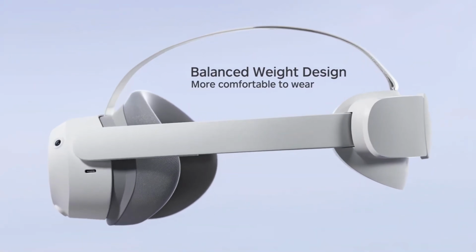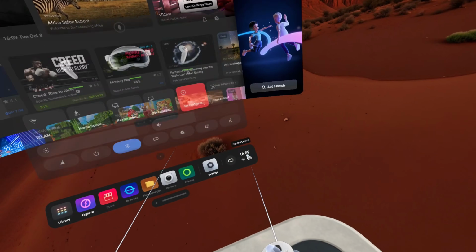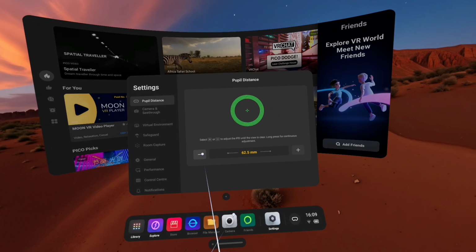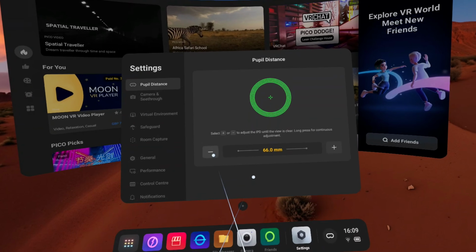Probably one of the coolest features with both the Pico 4 and Pico 4 Ultra are the motorized lens adjustment features. You don't even need to take the headset off. I can literally jump into my control center, go into IPD adjustment, and then here I can click up and down, and then the lenses inside the headset will go zzz, and they'll increase and decrease in width until I get it perfectly in focus, and I can look right there and go boom,